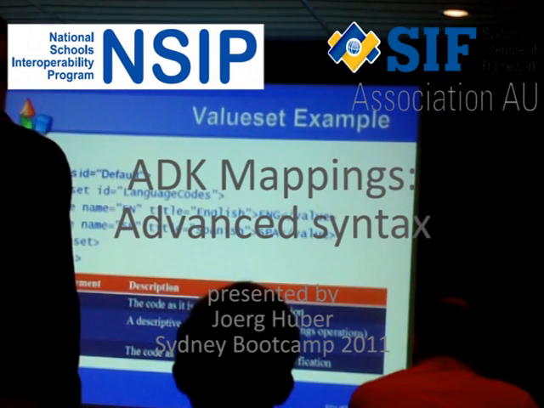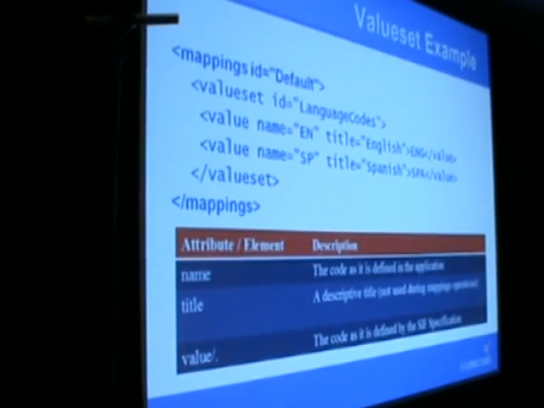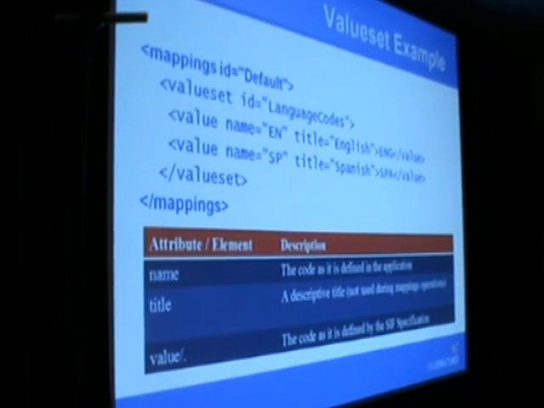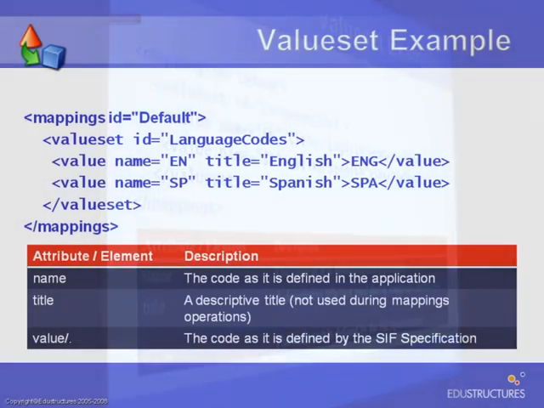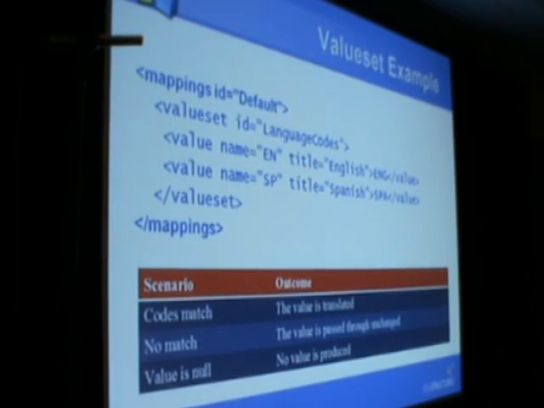Here again, value set example, language codes. We looked at the ethnicity before. No big difference, same thing. You say which code maps to what code. Internal SIF. Now the way it behaves